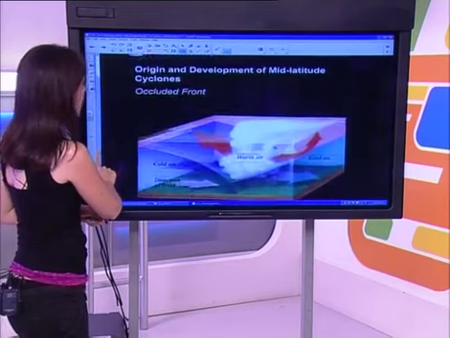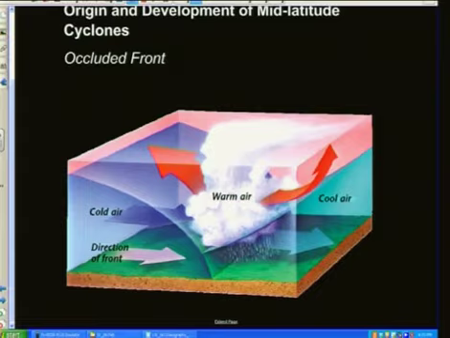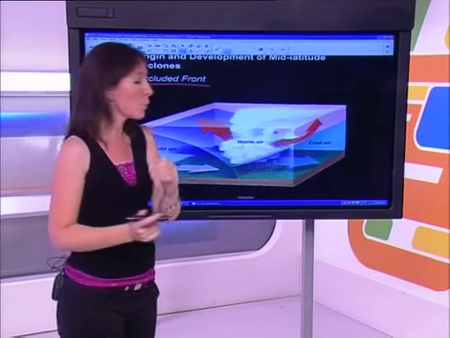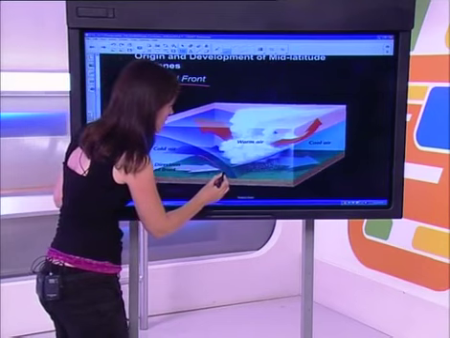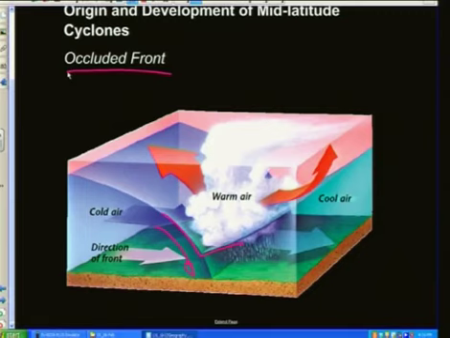All right. Here we have a cross-section of an occlusion. All right. So we call it an occluded front. All right. So what's happening here? The cold, dense air has caught up to the warm air, and it's pushing that warm air above it. It's wedging in underneath it. All of that warm air, you can see here that it's now rising above ground level. When we get to the occluded stage, this type of cloud that's most often formed is nimbostratus cloud, and it will give us light, soft soaking rain as well.